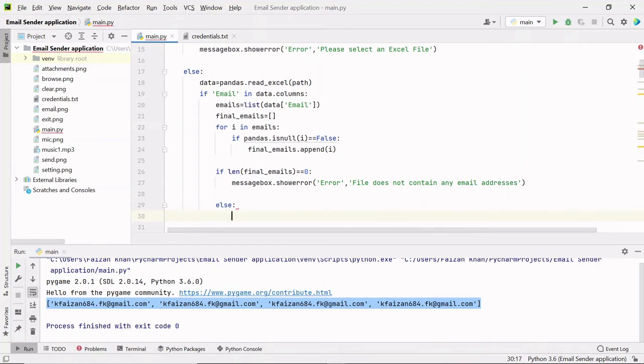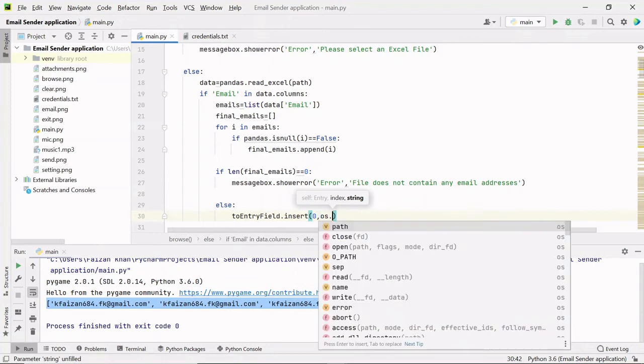And in this else part, firstly I will insert the Excel file name inside the to email address field. So I'll use to email address entry field dot insert, and at the starting position I'm going to insert the Excel file name. So how can I get that Excel file name?